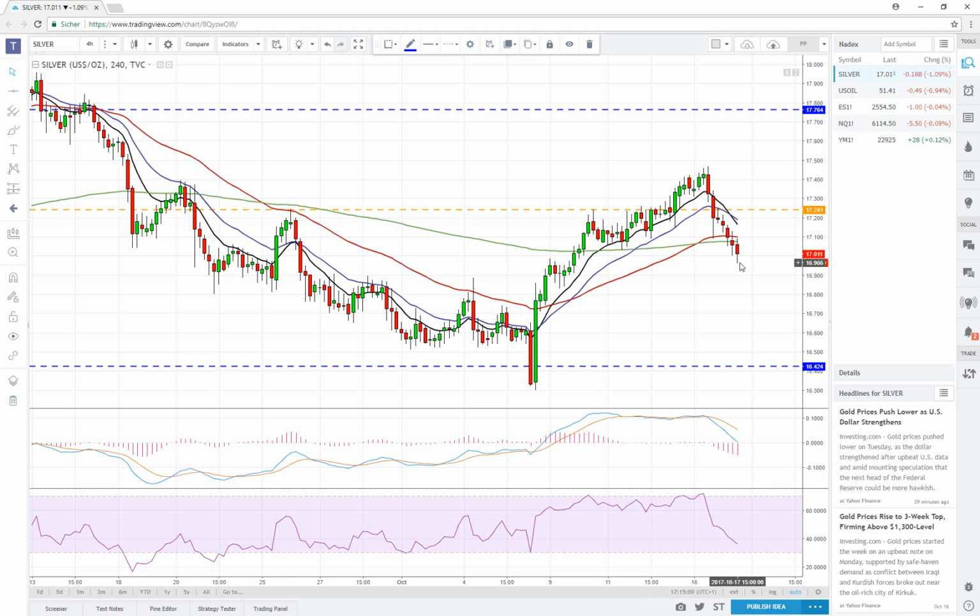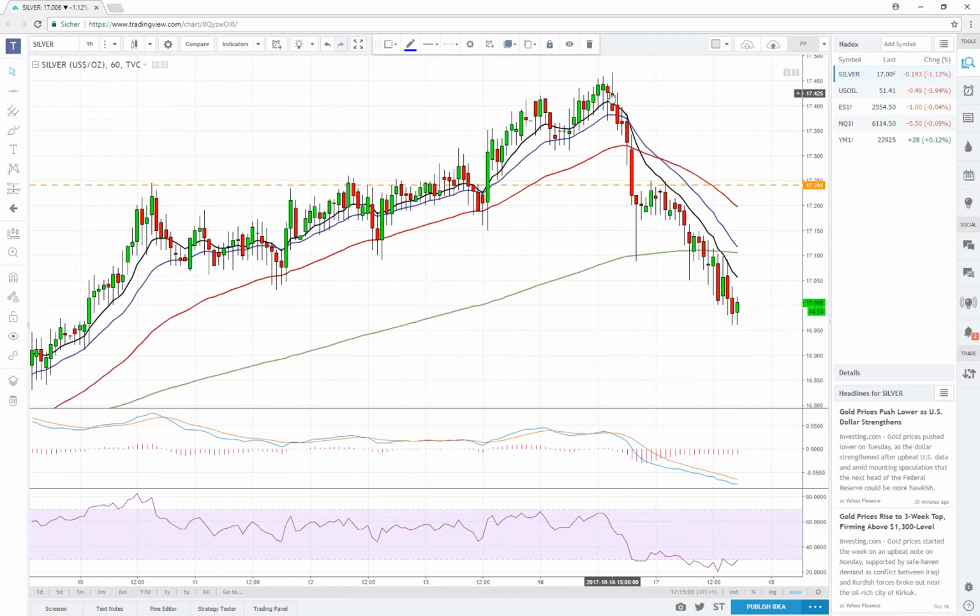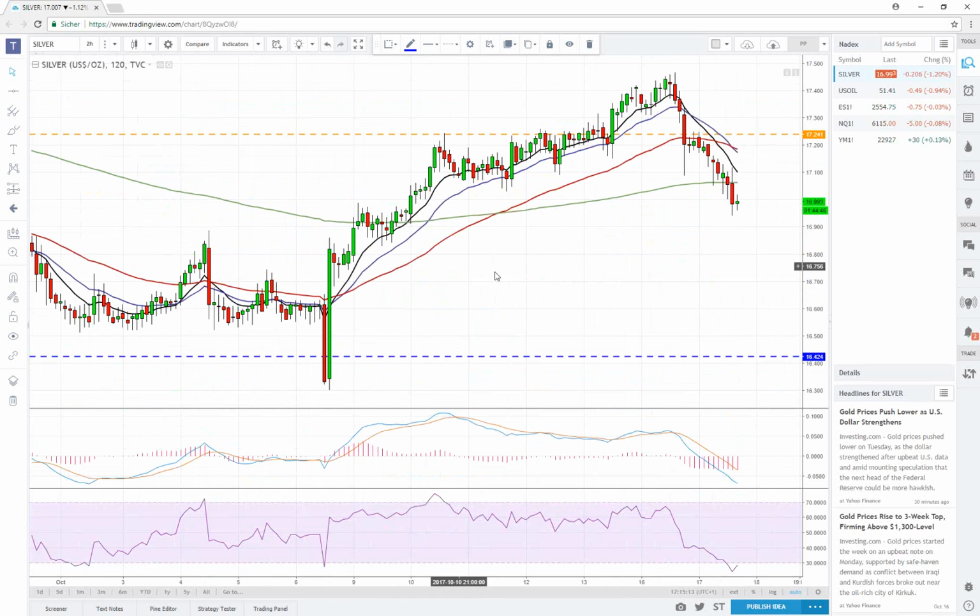Now price has started to push lower once again. We're looking at a 4-hour chart. Let's have a look again at the 1-hour chart. And sure enough, this is already a well-pronounced and well-established downtrend here on the 1-hour chart. The 2-hour chart, I'm pretty sure, will give us the same picture. And what I would be waiting for here for a potential trading opportunity might be a pullback to a moving average sell zone